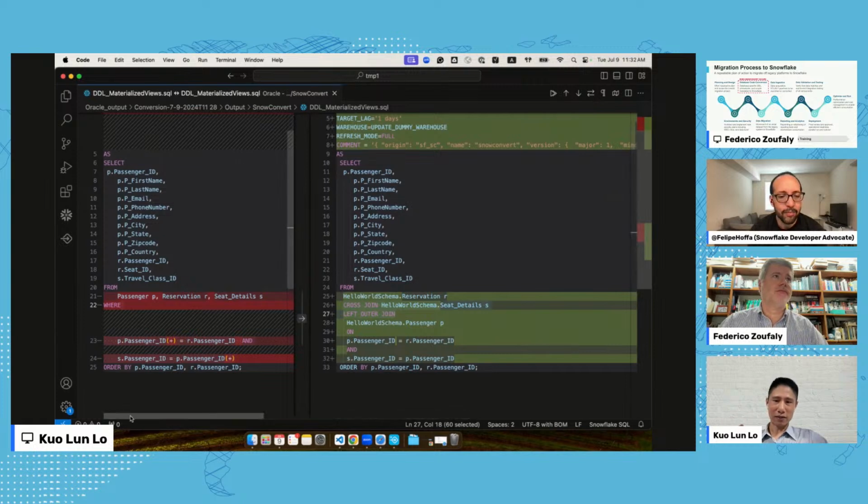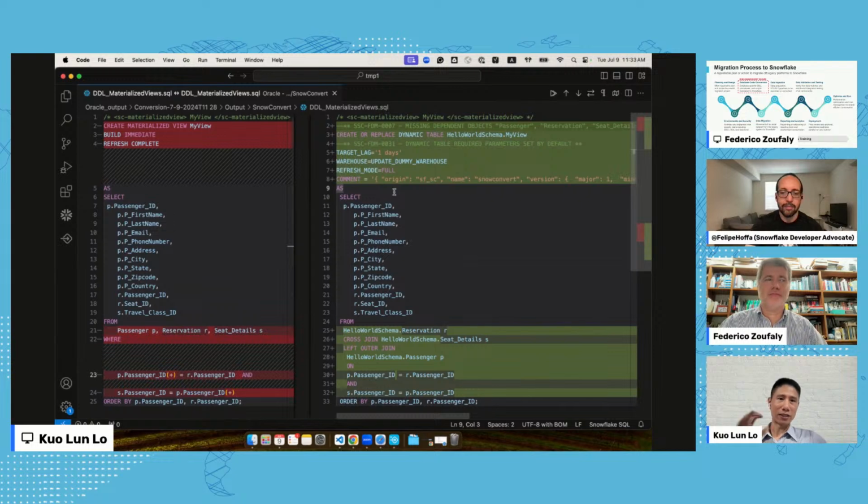If you have just one view, one query with this syntax, it is easy to migrate manually. But imagine if you have thousands of these queries using this Oracle syntax, SnowConvert may be the best fit to automate and accelerate all the code conversion for you.